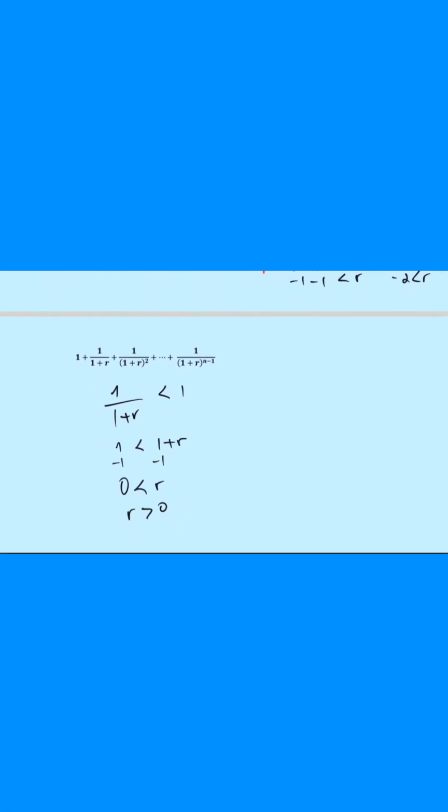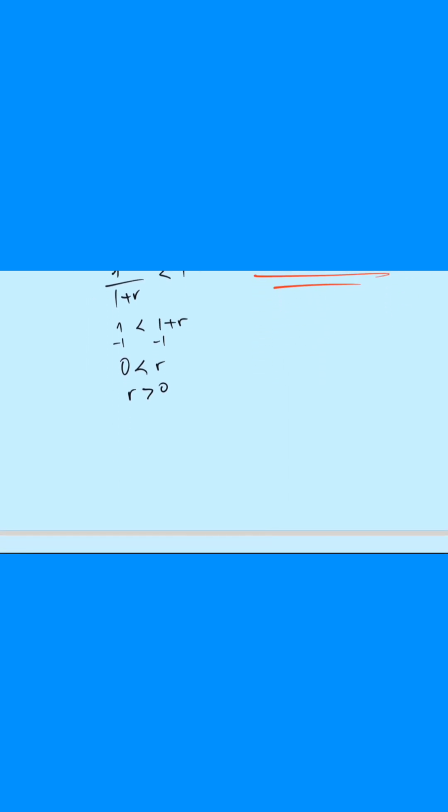So the first solution was negative 2 less than r. Second equation was r greater than 0. Combine them together, I should get my solution. Negative 2 less than r, since these are in the middle, less than 0. And that looks okay. Perfect. Moving on to question